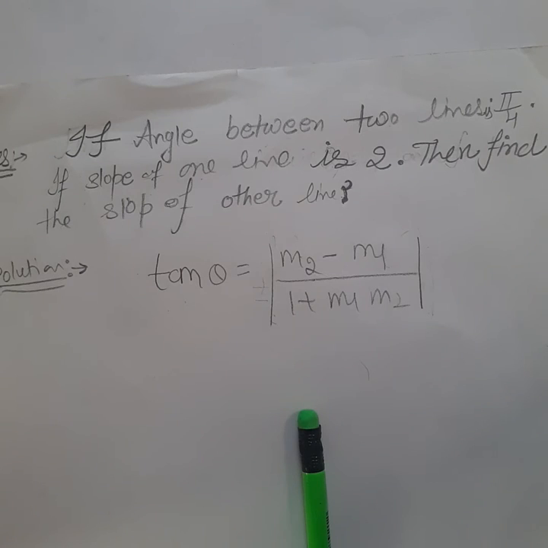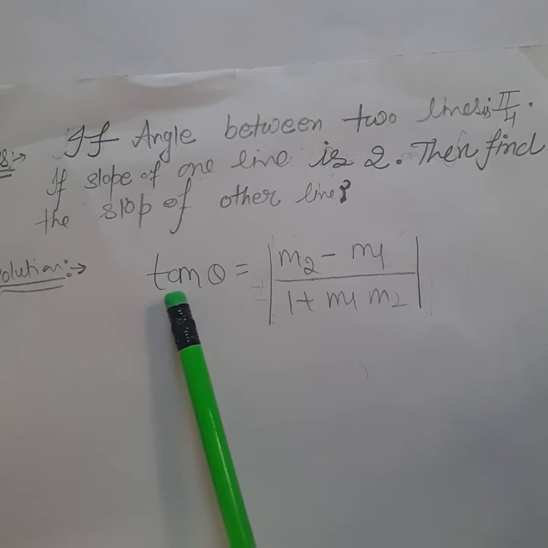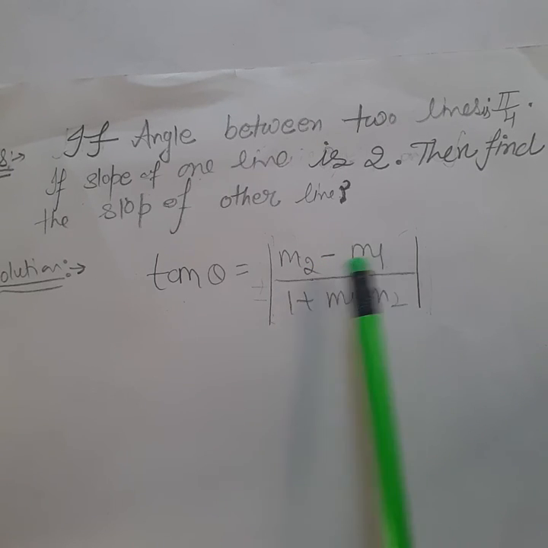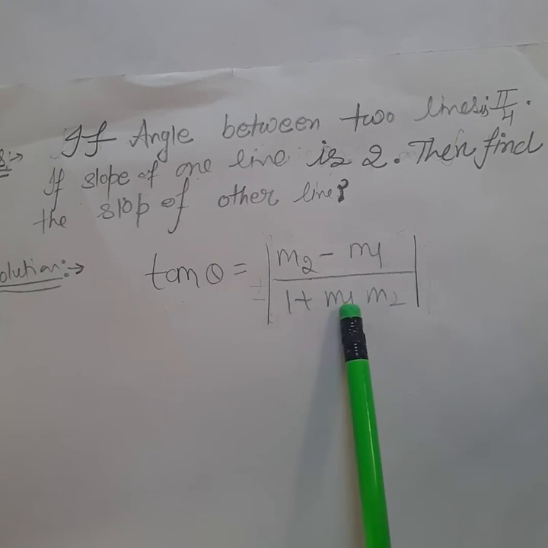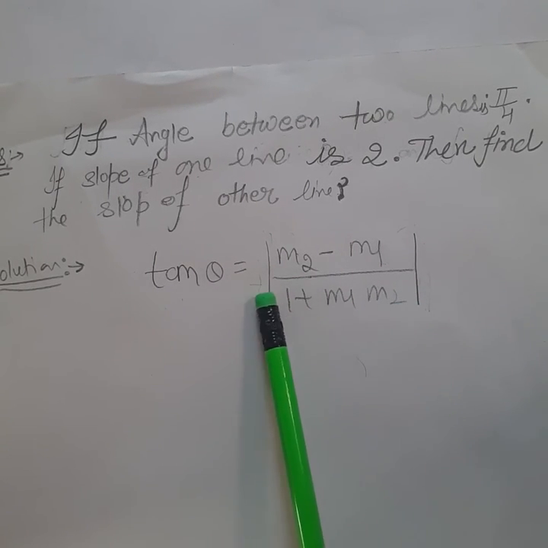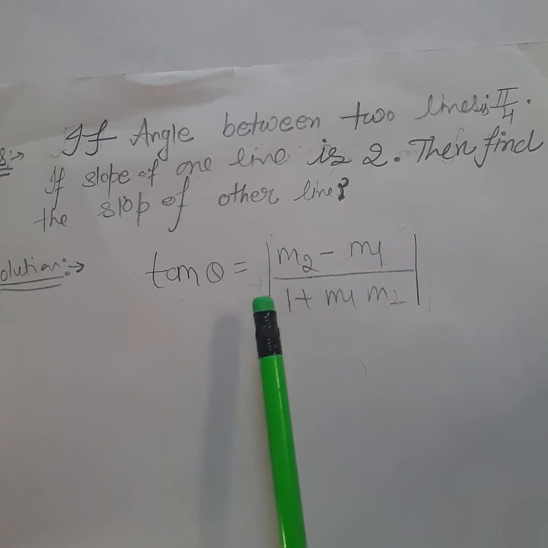Today we will discuss how we can find the angle between two lines. So let's start. Now the question is: what is the formula for the angle when we find the angle between two lines? You can see that the formula is tan theta equals m2 minus m1 upon 1 plus m1 m2, and we write the sign of mod. When we remove this sign, then we write plus minus when we are solving the question.